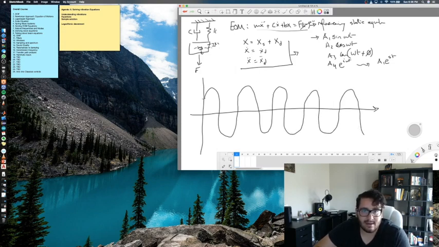So this here is my x naught, and this here is my amplitude, right? Because think about it, my highest here is when that sine omega t is equal to 1, so it's going to be A1. My highest here is when it's equal to 1, so A1, and such. So this is my amplitude, and between this amplitude and the next amplitude, which is your 2